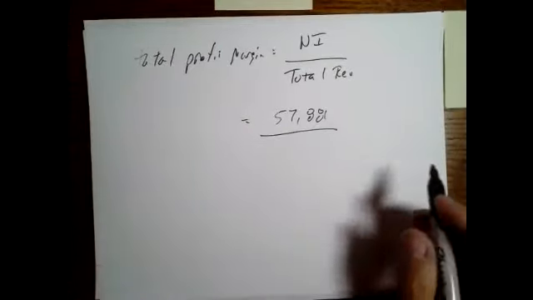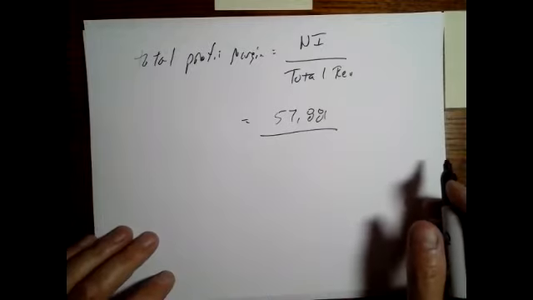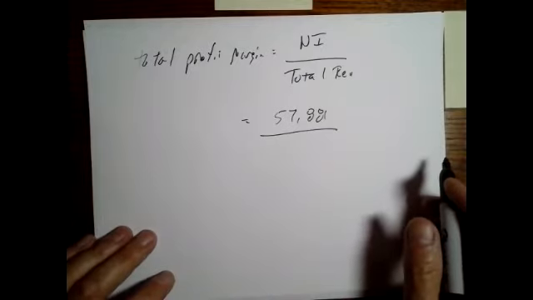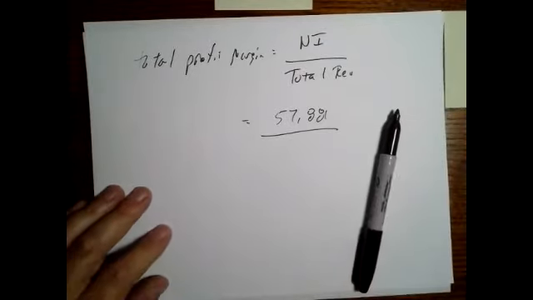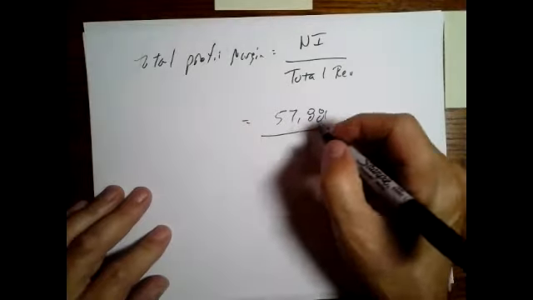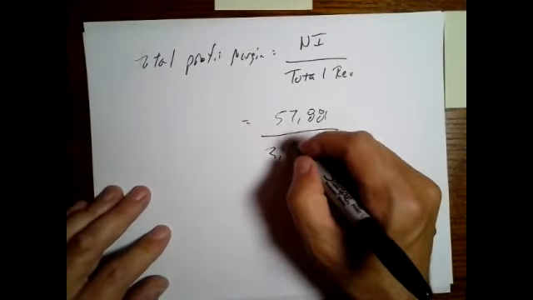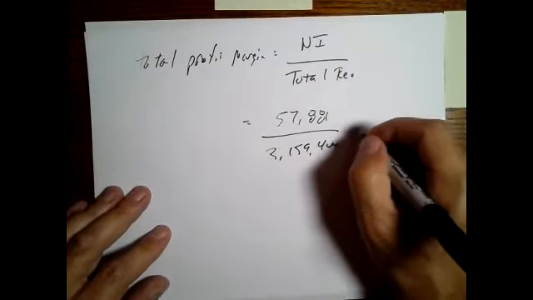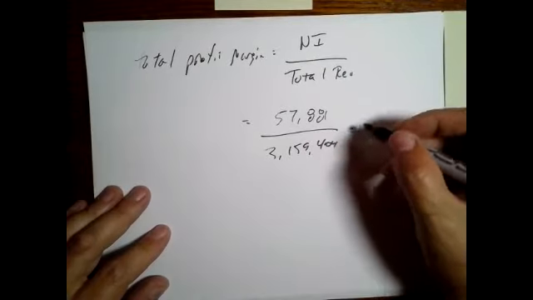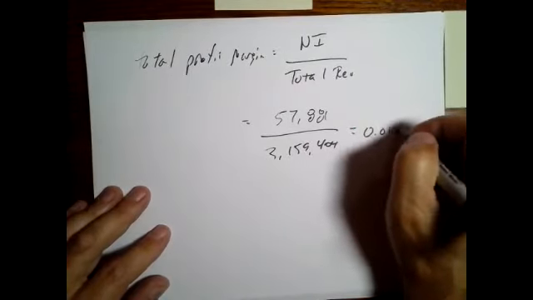And for total revenues, we go back up to the revenue portion of the statement, and total revenues are $3,159,404. 57 divided by 3.15 million is 0.018, or